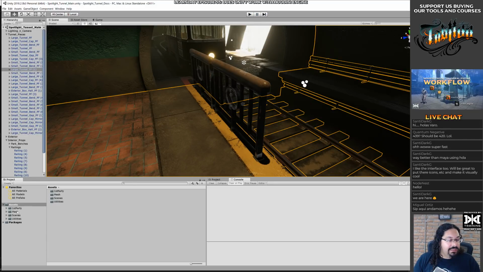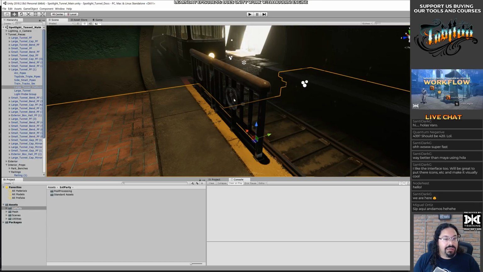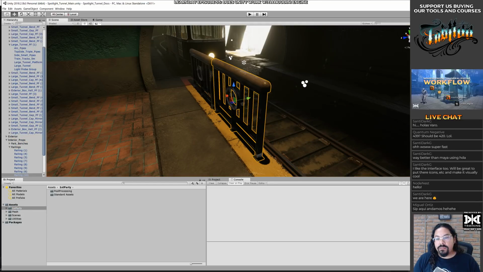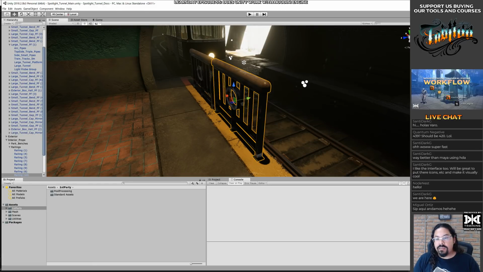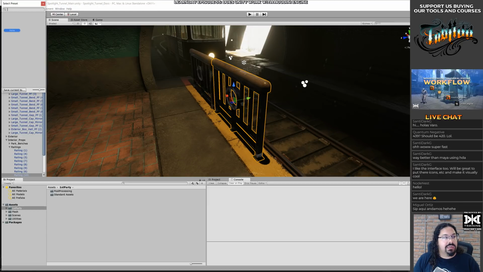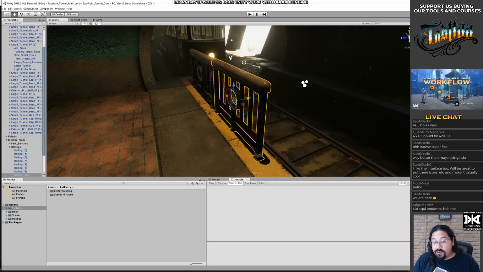Alright, let's see if there's some materials here that we can get. Where is this railing shader? Select shader. How do you get to where the shader is? No. That wasn't it. How do you find the shader? How do you work here? I want to know what this thing is.